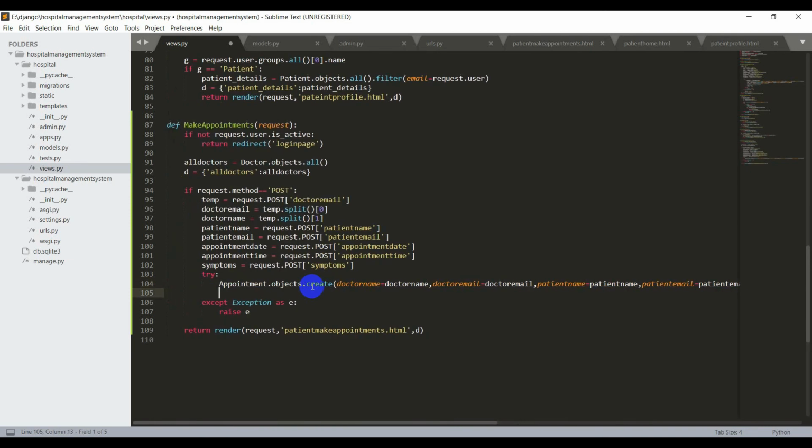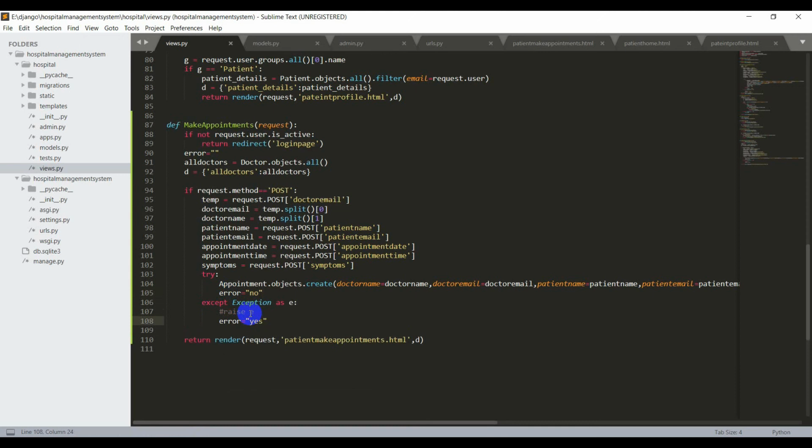And now I'll create an error variable to check the error. So I'll say error is equal to empty quotes, and in the try I'll give error is equal to no, and in the except I'll say error is equal to yes. And now I need to send this error to the patient make appointments page.